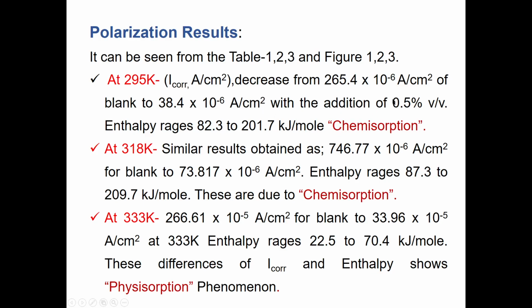In this study I am just comparing for 0.5% volume of the inhibitor, and enthalpy values were calculated at 82.3 to 201.7 kilojoule per mole. And these values of the enthalpy, the heat generation, and the current density reflect that the phenomenon is chemisorption,